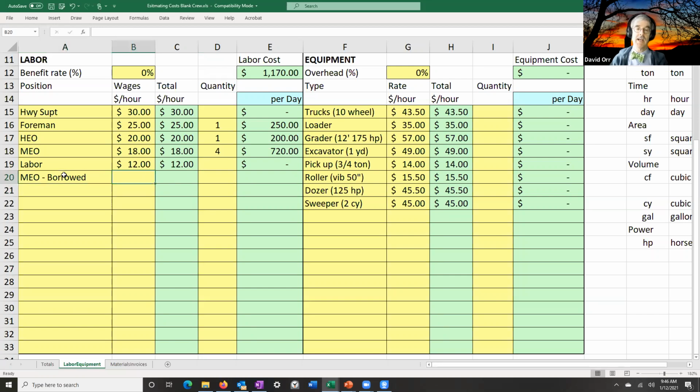Okay. And you would put in the same rates, because that's your actual cost to your own crew, but you could do it that way. You could put in your borrowed equipment so you could track those separately if you really wanted to. But you do need to account for the fact that you're borrowing somebody else's equipment. And then you might have 1 or 2 people in terms of labor. I'll put in 1 because that's usually the most you'll see.